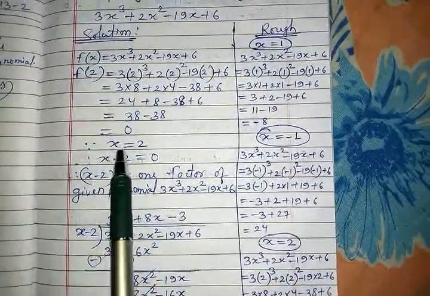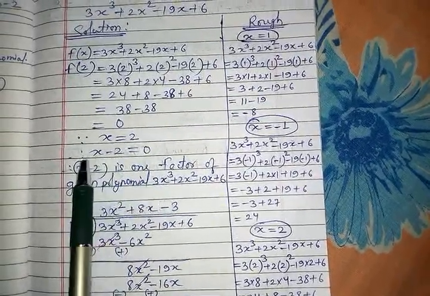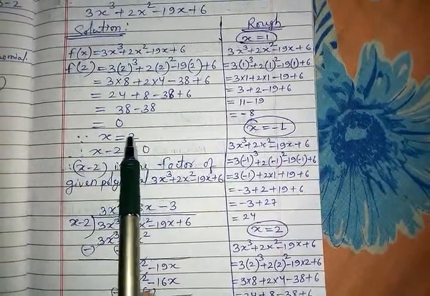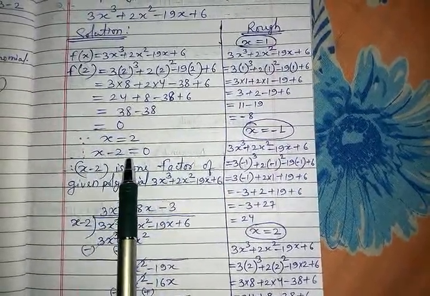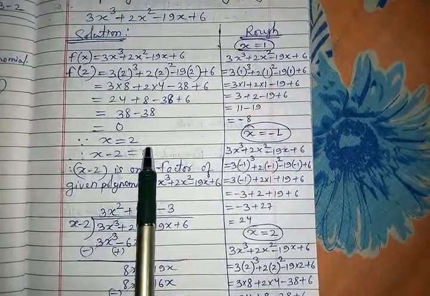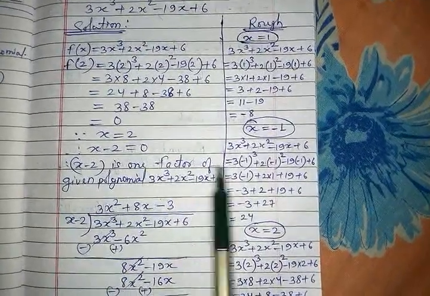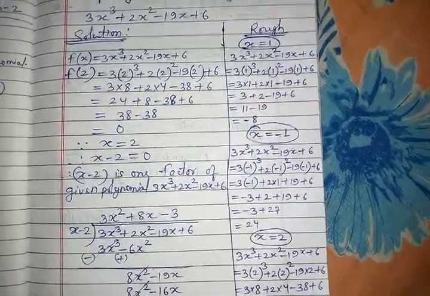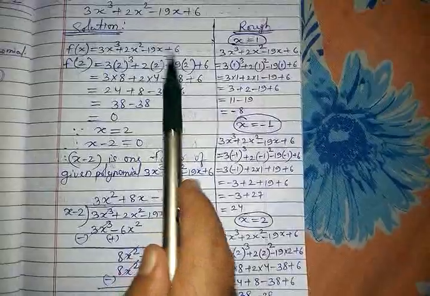Now what do you do? x equal to 2, because we took x equal to 2. If this 2 comes to this side, x minus 2 equal to 0, because this plus 2 comes to this side and becomes -2. Had it been -2, it would become +2, but it is +2, it came to this side and became -2, equal to 0. Then this x minus 2 you can consider as one of the factors of the given polynomial. There are 3 factors, so x minus 2 is the first factor. Hope, children, that the number which gave 0, from there we got the first factor of the given expression.